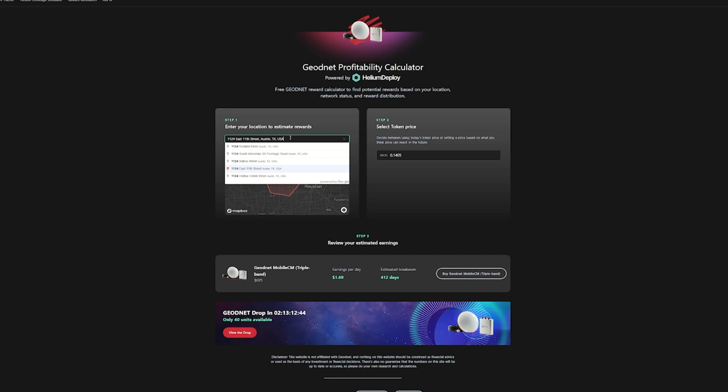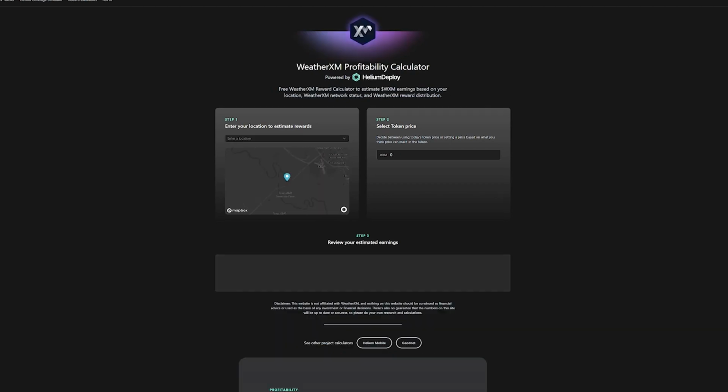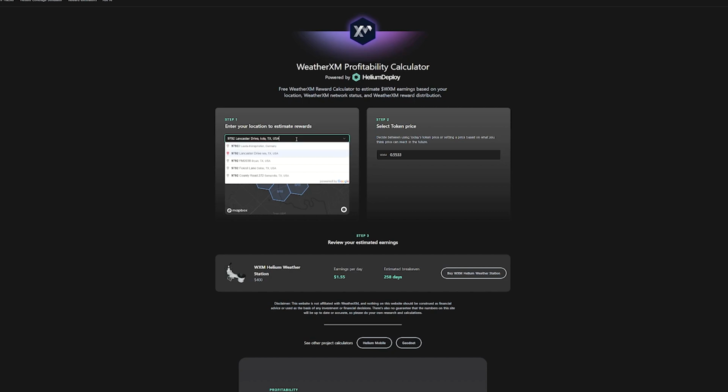In addition to that, you can also get custom alerts and notifications. The platform has a number of different customizable alerts that you can set notifications up for, such as notifications for specific milestones or even issues that your miner might encounter, like a node going offline, or even performance thresholds being met or not met. It's a great way to stay on top of everything without being glued to a dashboard and constantly having to watch the performance of your miners, especially if your miners are being managed on different platforms